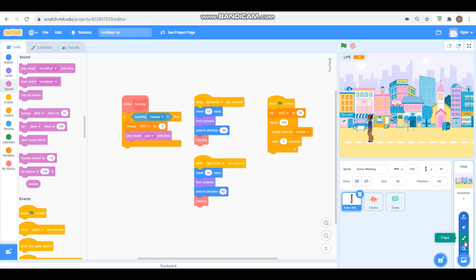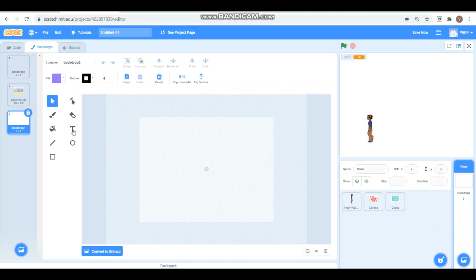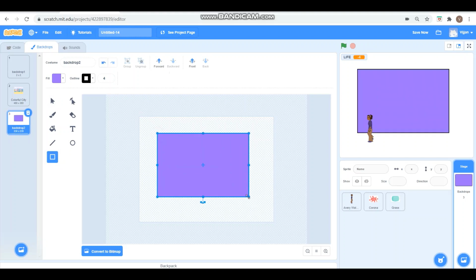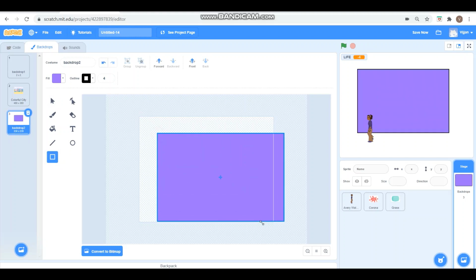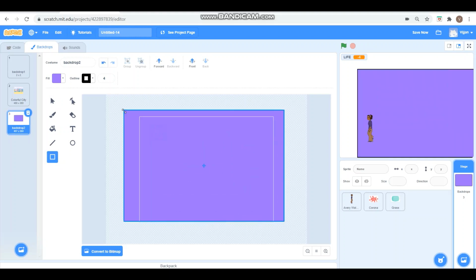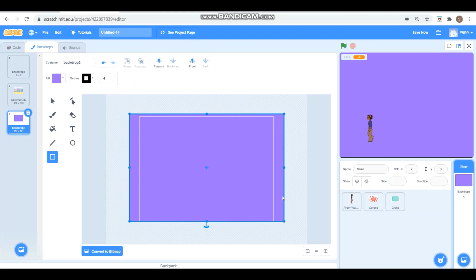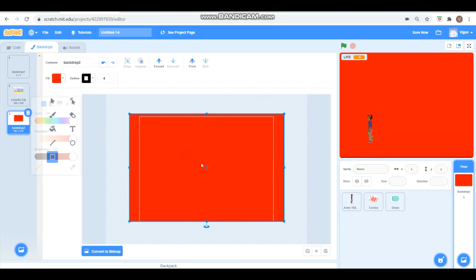So let's go to paint and select a rectangle. I'll fill it with the red color and then we will write game over.